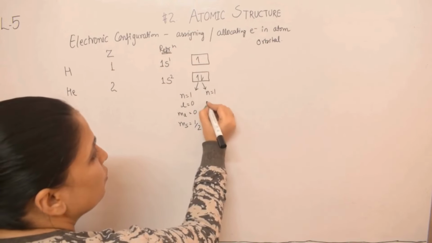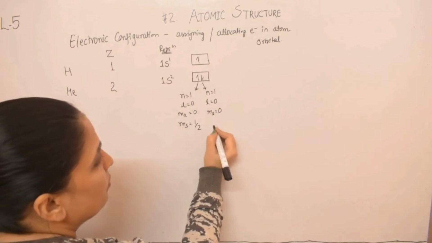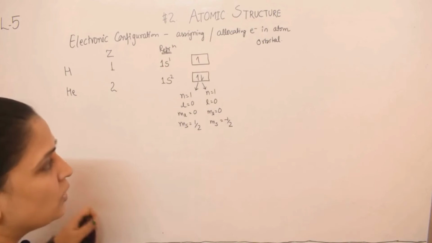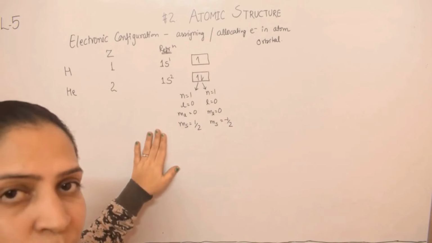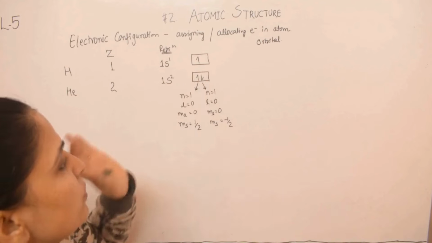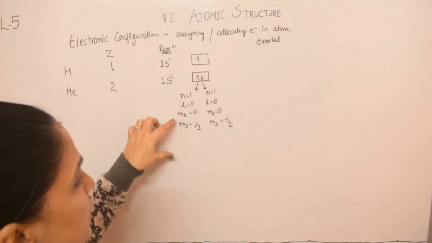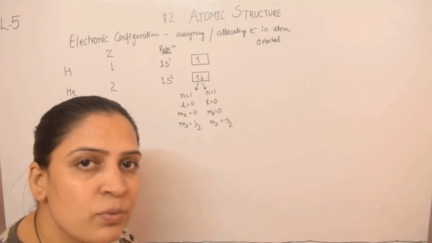Here also, this electron has the same, these 3 quantum numbers are the same. The fourth quantum number is different. So here it is obeying Pauli's exclusion principle. That is why it is represented as up spin and down spin. So no two electrons can have the same set of four quantum numbers, meaning at least one has to be different.